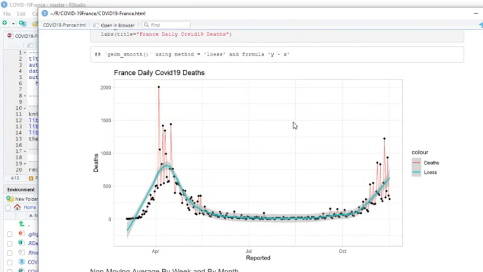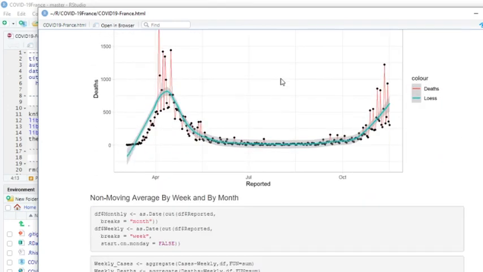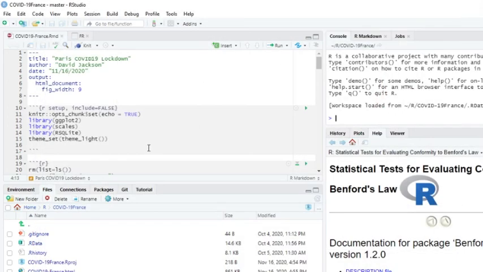Okay, let's take a second look at it. Deaths are increasing, and that is the big concern. It almost appears cases are starting to decline. Okay, so here we go. So this takes care of France. France is a mixed bag. Cases appear to be declining, while deaths are increasing.